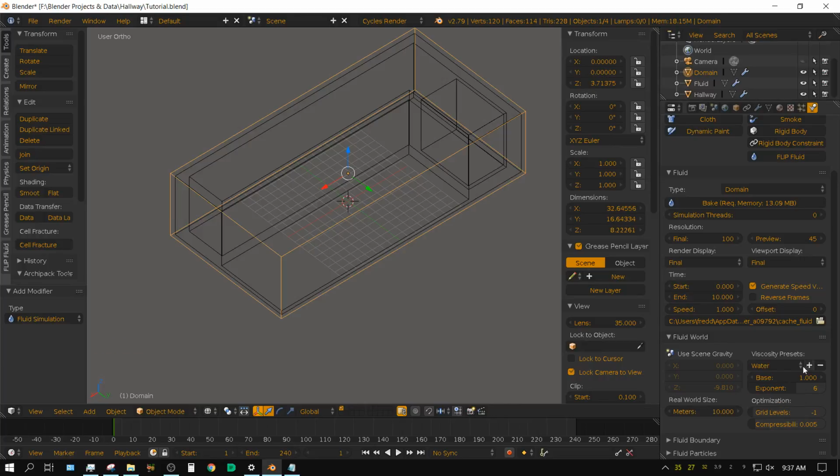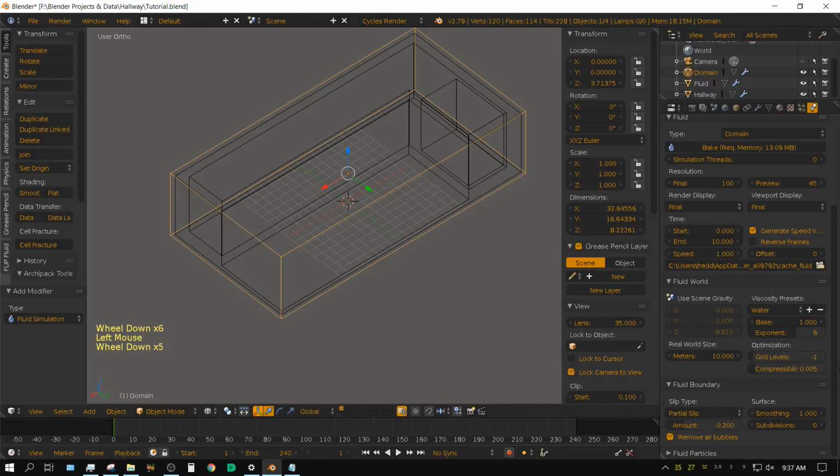Obviously choose water, but the viscosity and base number defaults to the same as water, so you really don't have to change that. Fluid boundary, normally you would need to adjust this, but because all the fluid is going to be inside the hallway and not up against the boundary of the fluid domain, this will not actually affect anything in this simulation.